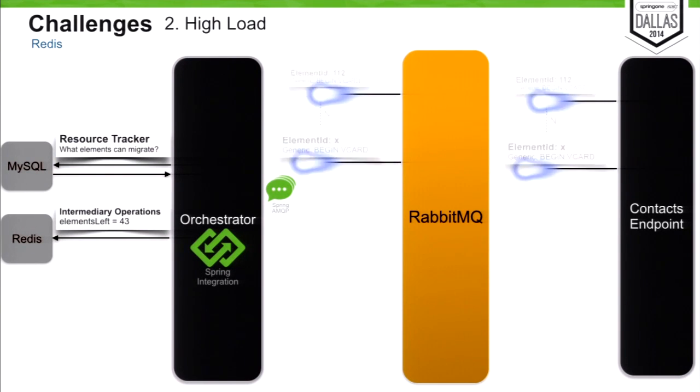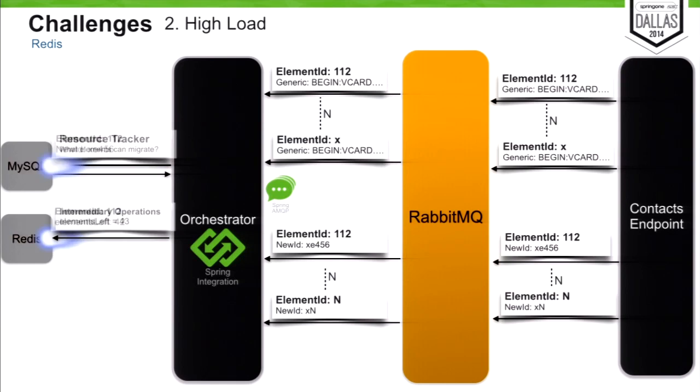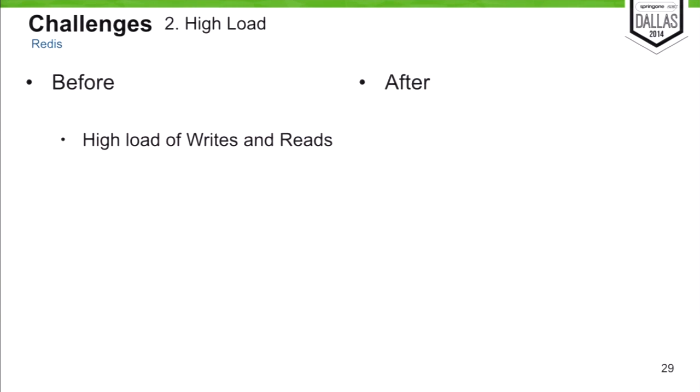This is what we've seen before, okay? That now we have only to query MySQL once. The only thing we're doing is inserting elements, and after the batch has completed, we query MySQL. And as a recap of the challenge, before we had high load queries on Redis, and now we have far